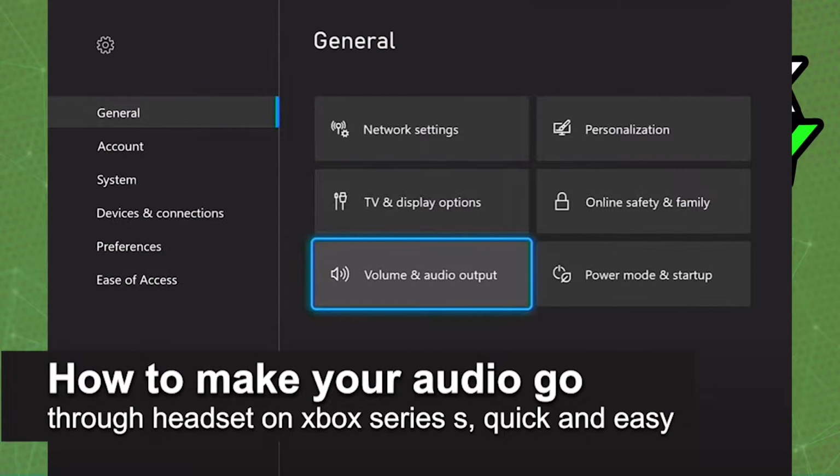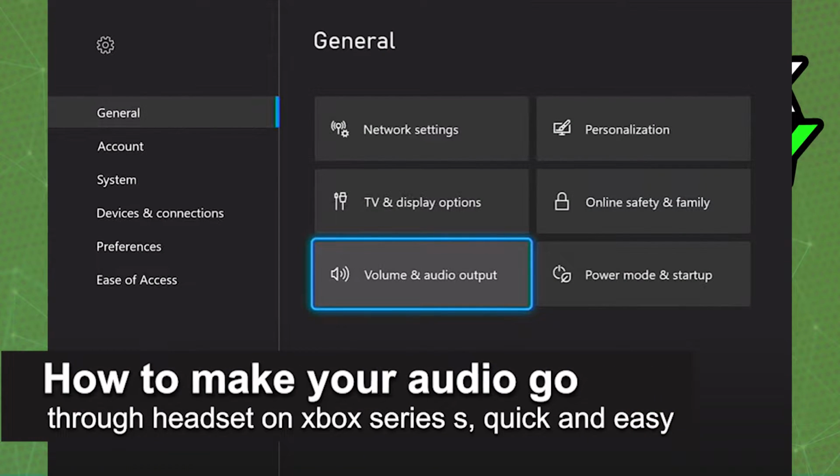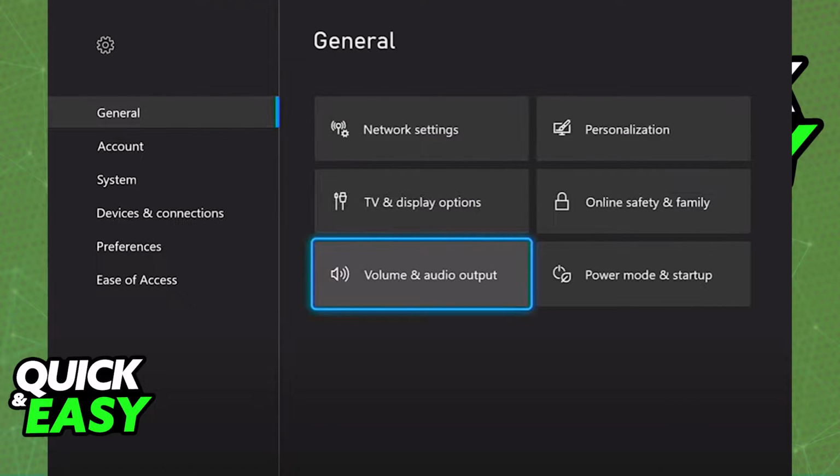In this video, I'm gonna teach you how to make your audio go through your headset on the Xbox Series S. It's a very quick and easy process, so make sure to follow along. First, make sure that your headset is properly connected to your Xbox Series S, either through Bluetooth, wire, or any